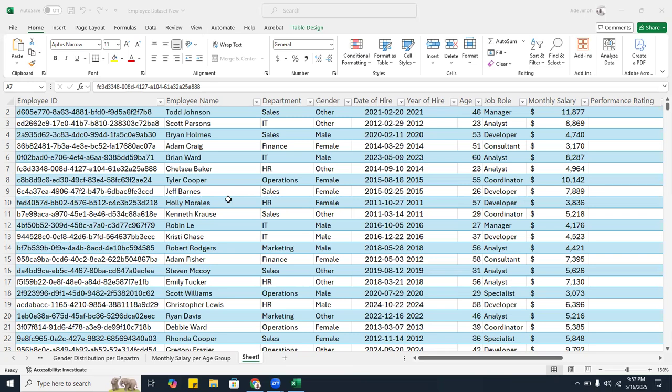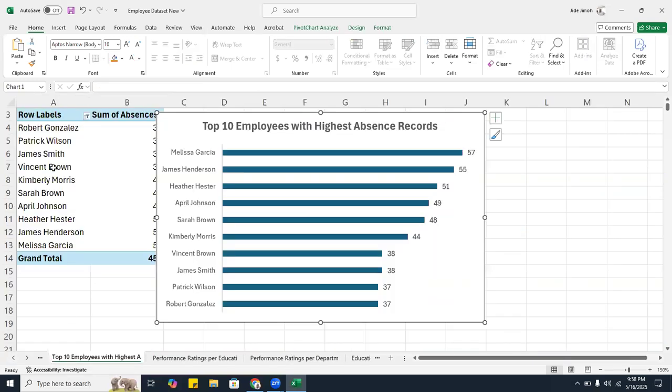So I think I've been able to explain. Because I know there is no duplicate, that's why I used the employee name. It's still the same result I'm going to get even if I use the employee ID, because Excel knows that those names are not duplicates. So even if a name is coming up, let me go back to this. Even if this person